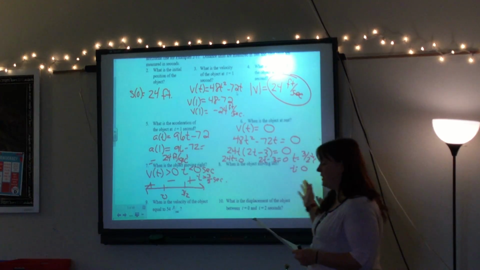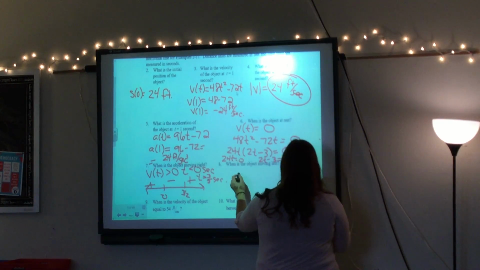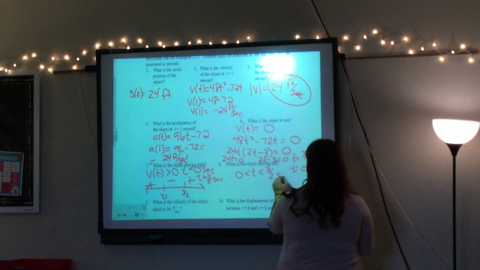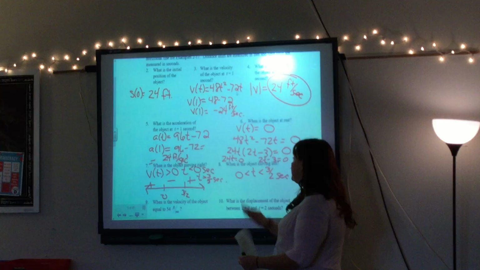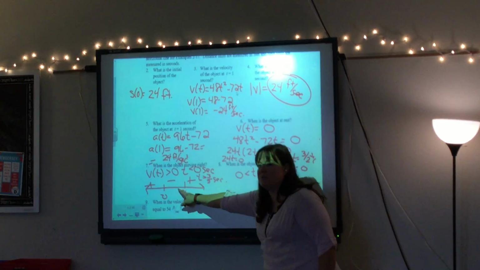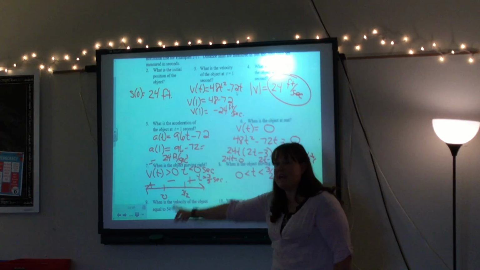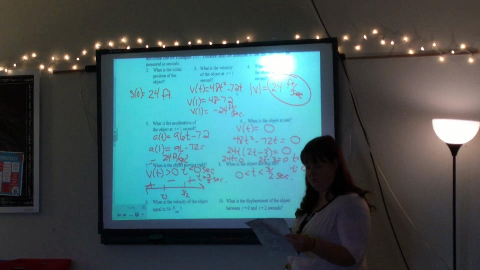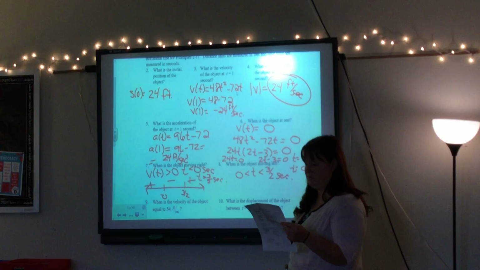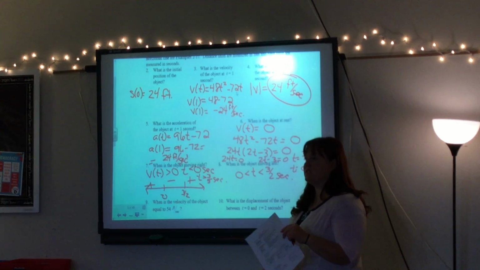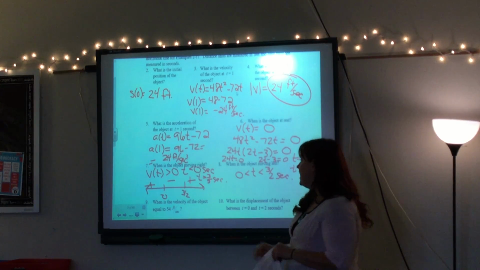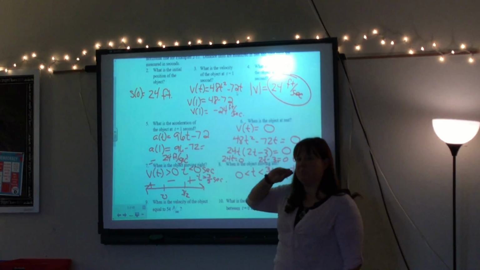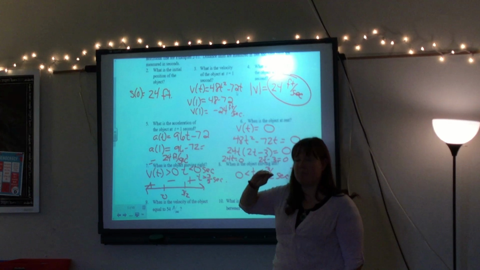So then when is it moving left? When it's negative. So in between 0 and 3/2, we figured that out. In between 0 and 3/2, our velocity is negative. Negative velocity means it's moving to the left. Wouldn't it be equal to, too? No, at equal to, the velocity is 0, so it's not moving at all. At 0 and at 3/2, it is completely stopped.